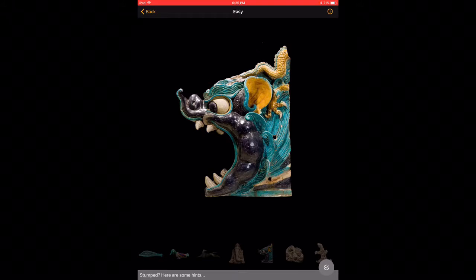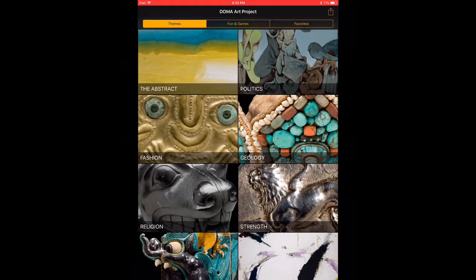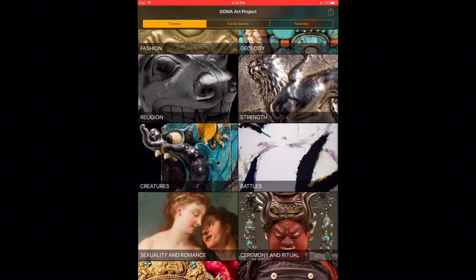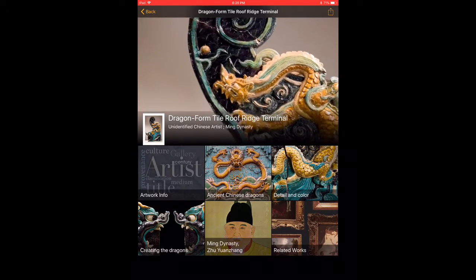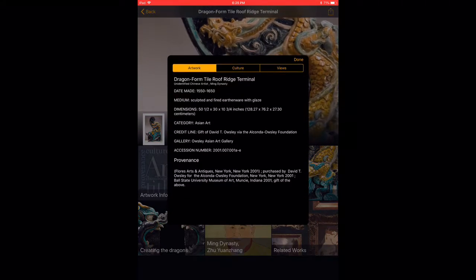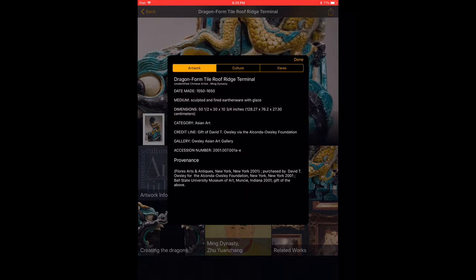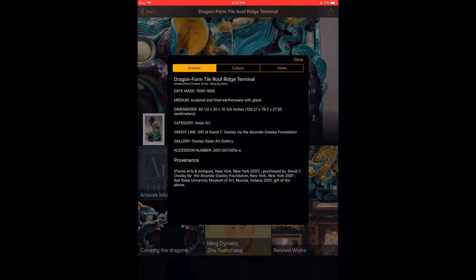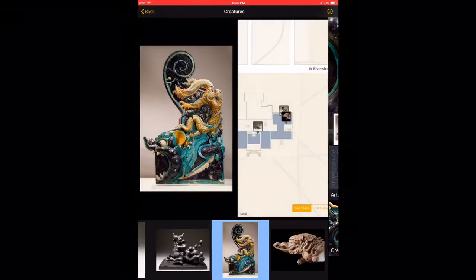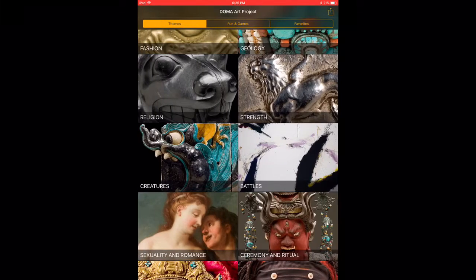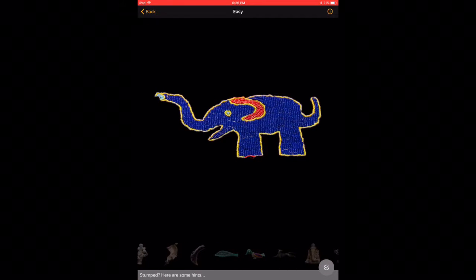We would go back all the way, back to themes, and we would look through each category. I know where it is already. It's in this one, and it is this work. And from there, you just click on artwork info, and you can see 3 rows down from the bottom, it says an access number. So you would copy and paste that access number, and then make your way all the way back to the games, to the hunt, level 1, click